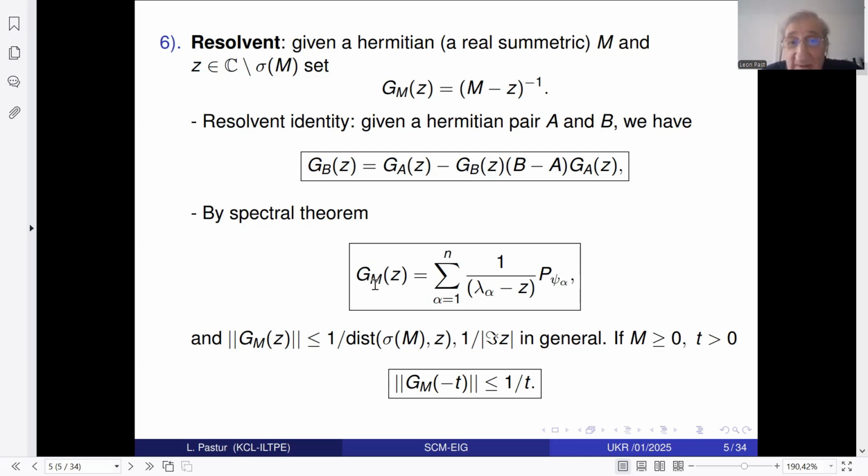of the resolvent of any Hermitian matrix is bounded by this quantity. Okay, general definitions: you have to be outside of the spectrum. To be sure, you can always take Z, but assume that our matrix M is positive definite, then the resolvent is well defined even for a real spectral parameter, but a negative one.